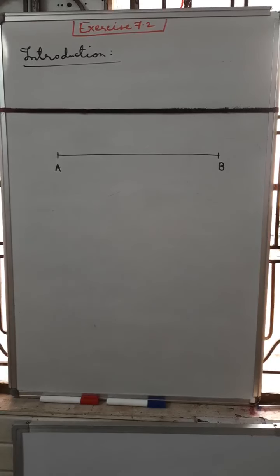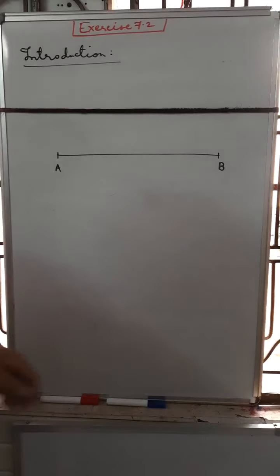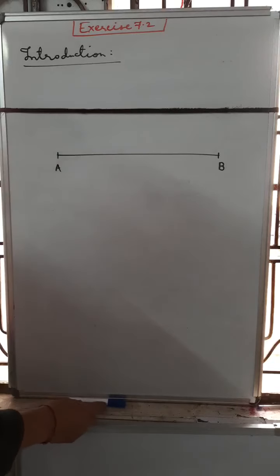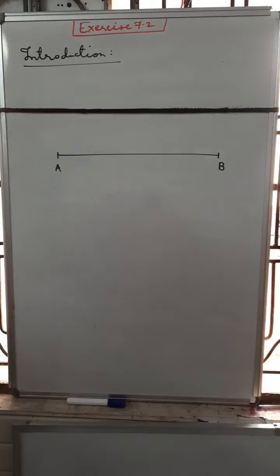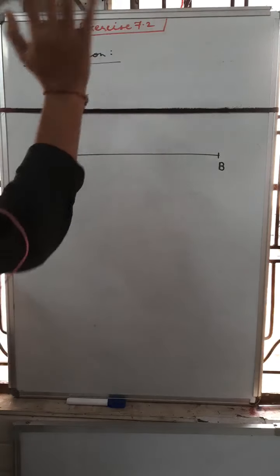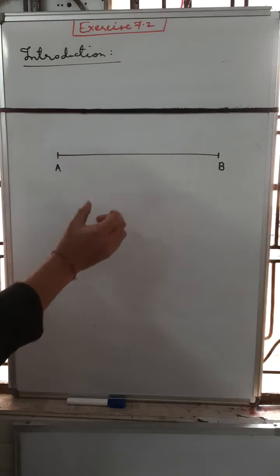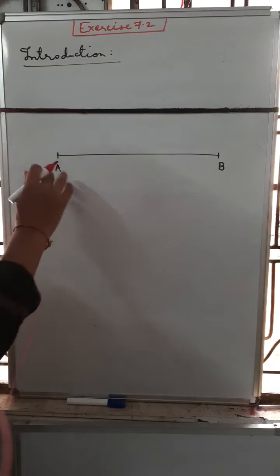Students, today we will learn if a line is divided by a point in the ratio m1 to m2, what will be the coordinate of that given point? Suppose we are starting exercise 7.2. Before starting exercise 7.2, we need to know how to find the coordinate of a point which divides the